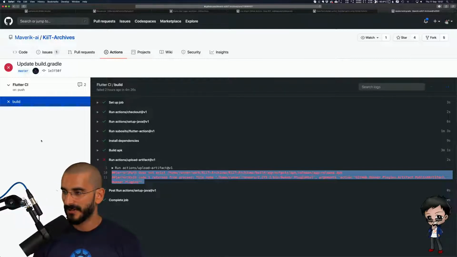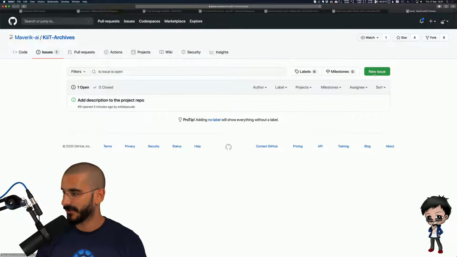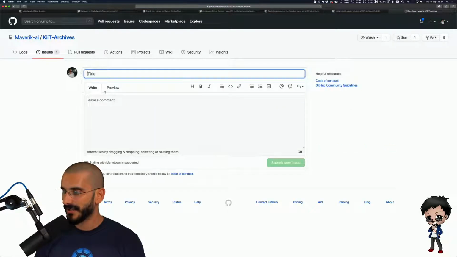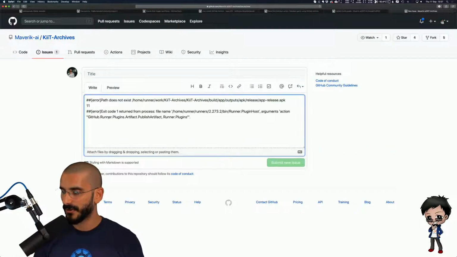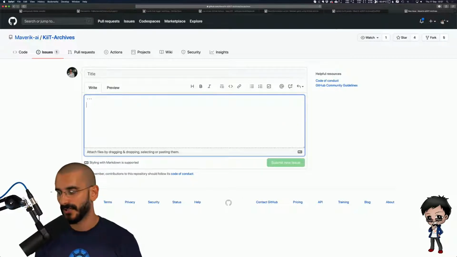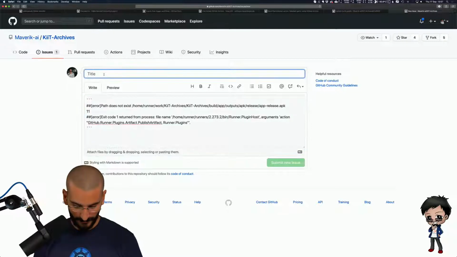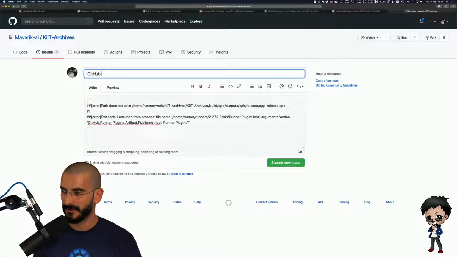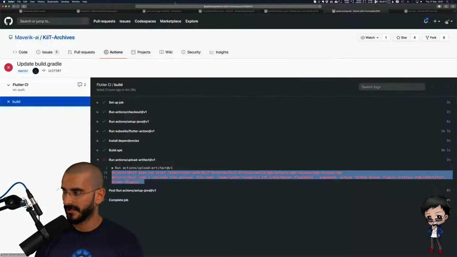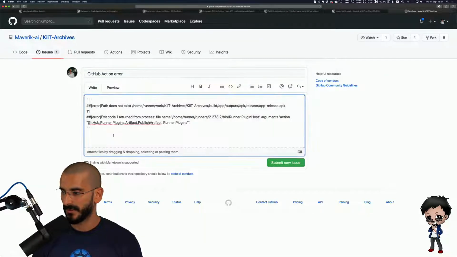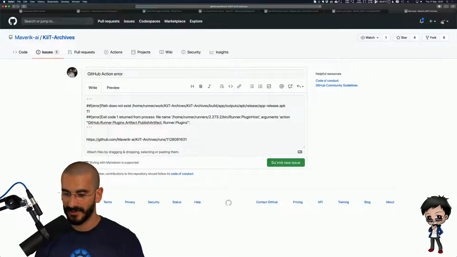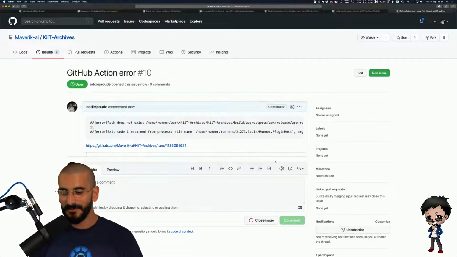Hey Ben, I'm going to raise this. No one else has raised it, so let me raise it. No one wants to do it. There's no other issues raised for the other ideas that we talked about. GitHub Action error, and if I put a link to that as well, therefore you can find it quite easily. Submit. Oh, you said open source, and I just created it. Don't worry, there was more.